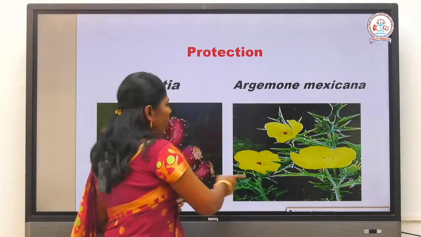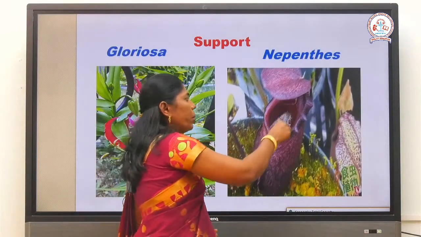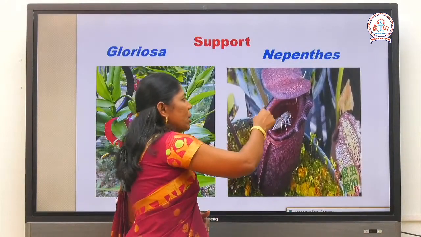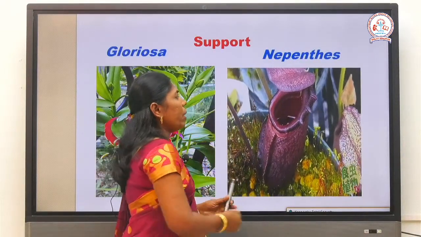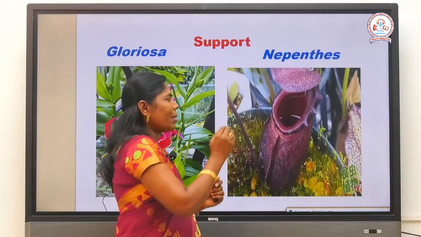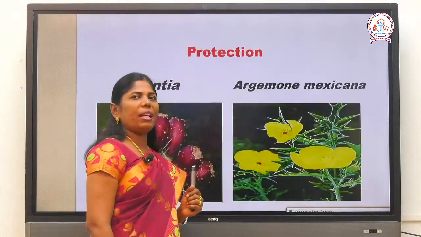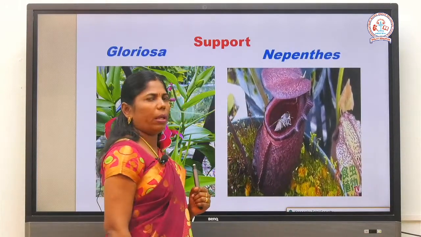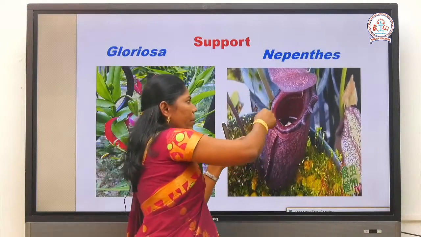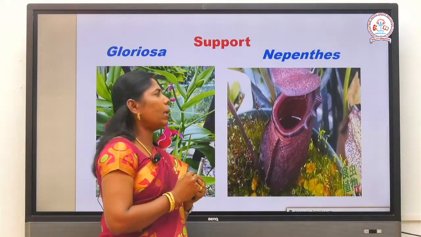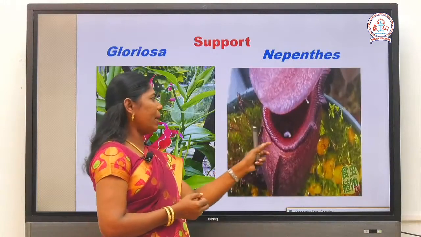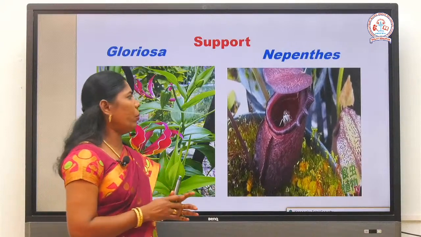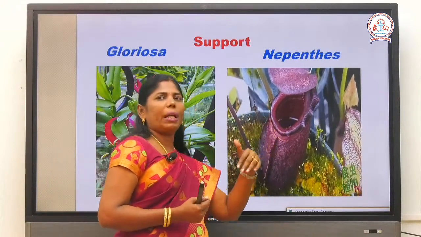It has a rim, the mouth, which is very beautiful and attracts insects. When an insect comes and sits on the rim, it enters into the pitcher. It has a lid, the leaf apex modified into a lid-like structure. When the insect sits on the rim, the lid immediately closes. Inside the pitcher there is some fluid, so with the help of the fluid they cannot come outside.